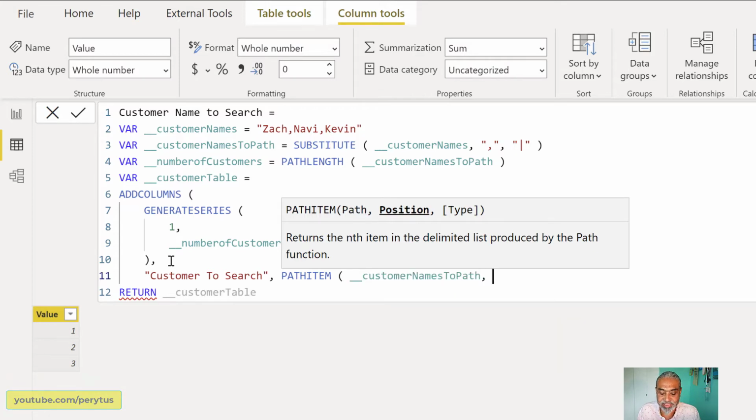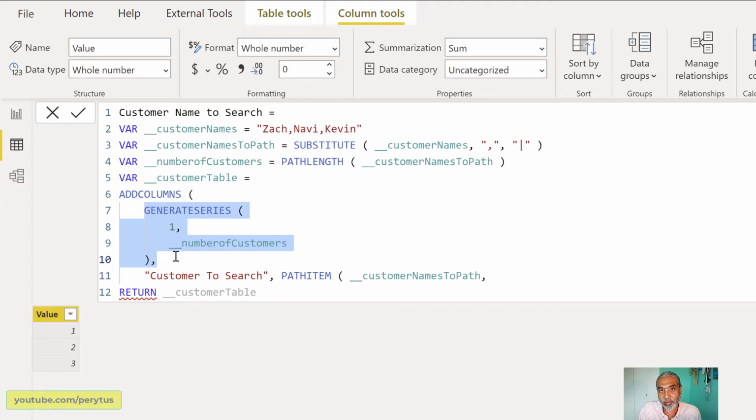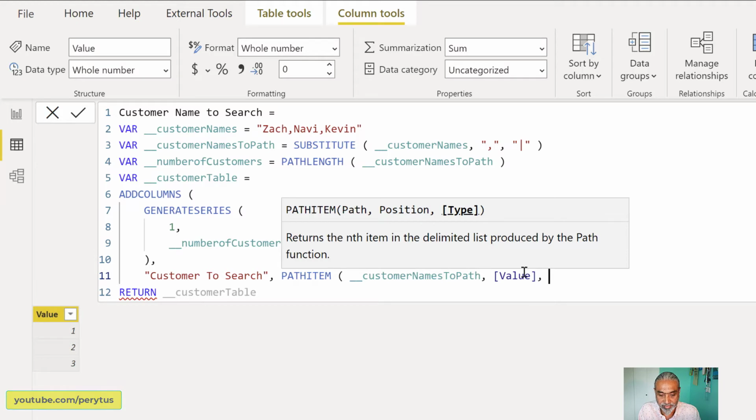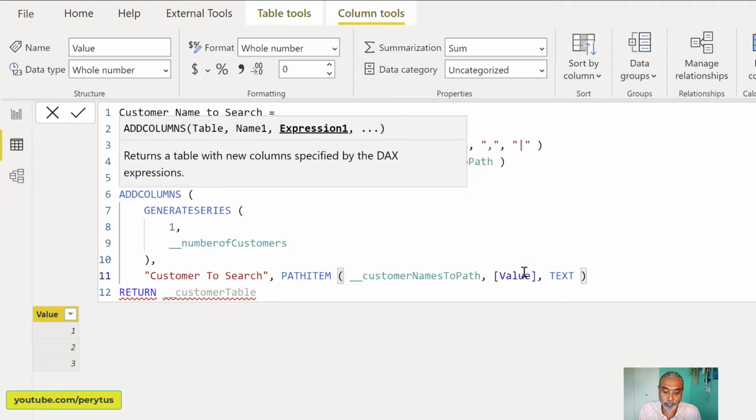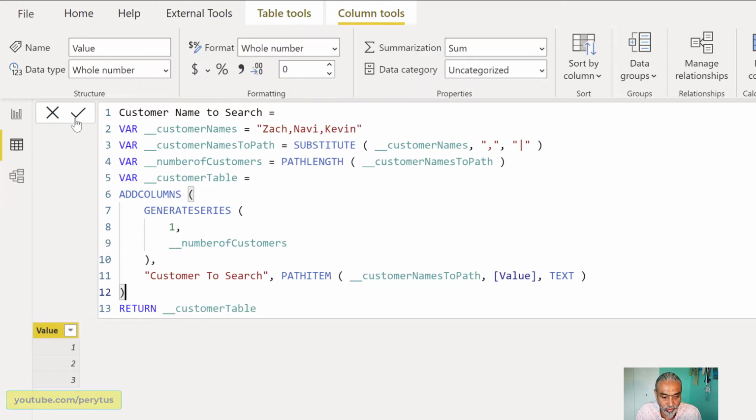Position, now the position is which position we want. It's 1 2 3 4. And the generate series, this particular inner function, is returning a column called value with 1 2 3. So we want that value, and then text, because the value we want is a text value. So this should do the job. Now if I press enter,